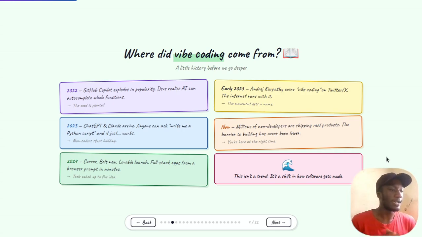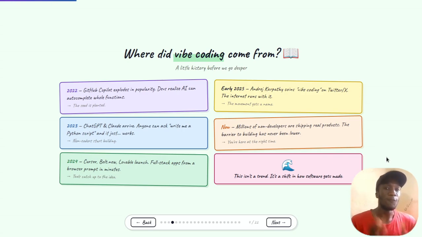People were building games, and even monetized them. There was a person who built a game where you could drive toys, and I think he used to run ads on it. So many people capitalized on that wave of vibe coding.